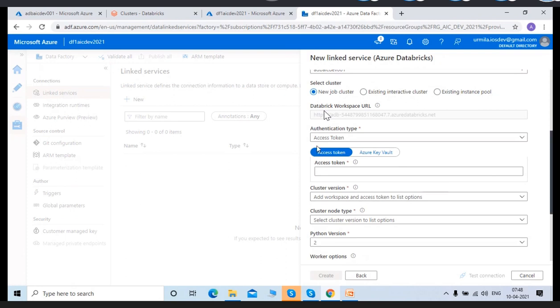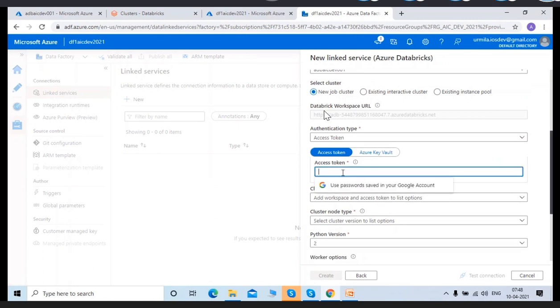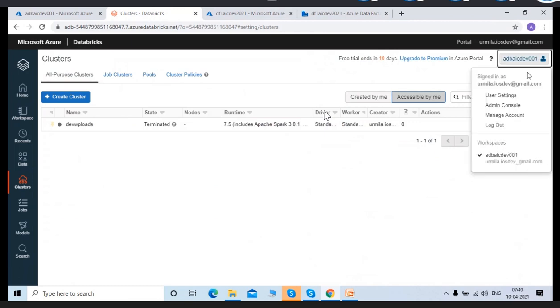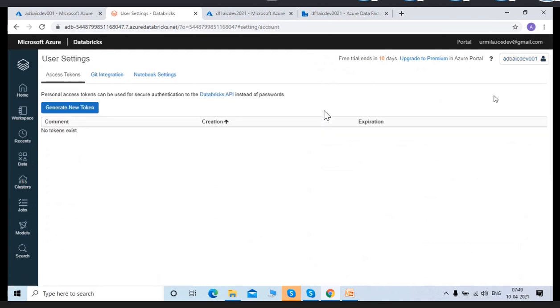Now we are using the authentication type called access token. Here we should provide that access token information. So where can I get my access token information? All right, go to your Databricks, click on your user settings, generate a new token,